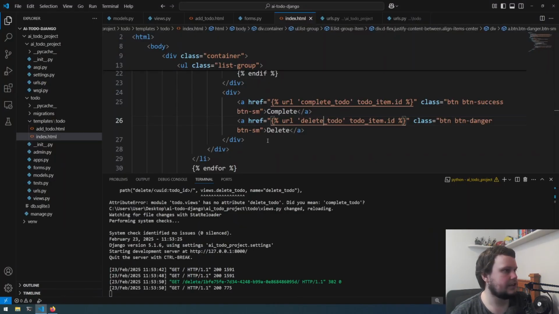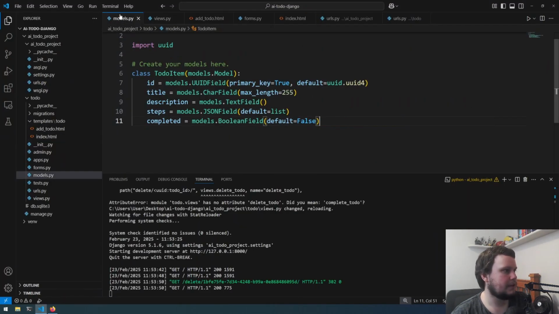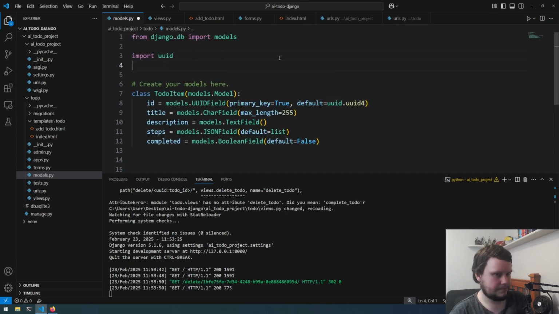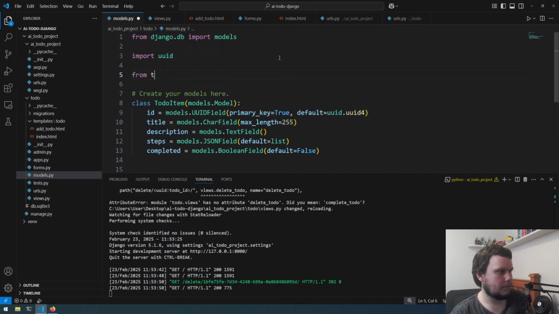So first thing we're actually going to do is go to models.py. We're not going to create a new Django model, but we are going to create a Pydantic model, which allows us to create a class and a data structure, which includes descriptive text as to what the class is. And we're going to use this to pass to the LLM, so it knows exactly how to create the task steps for us. So what we will do at the top here, we'll first do from typing import List,